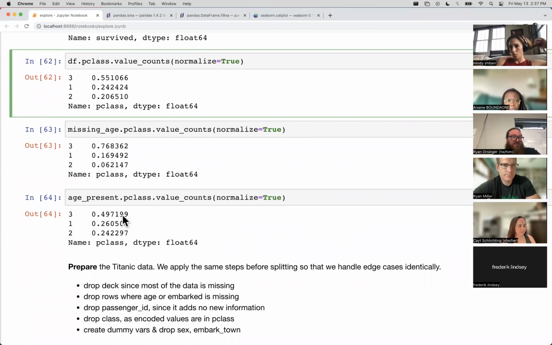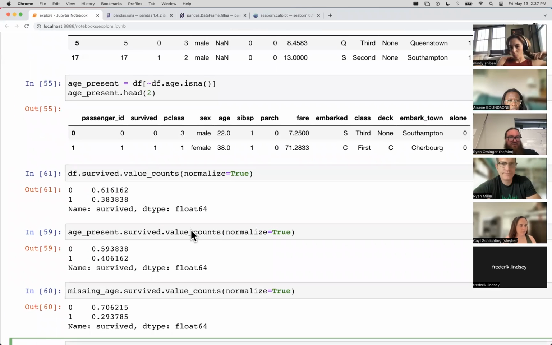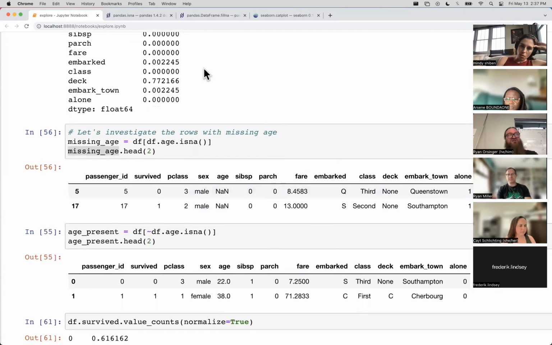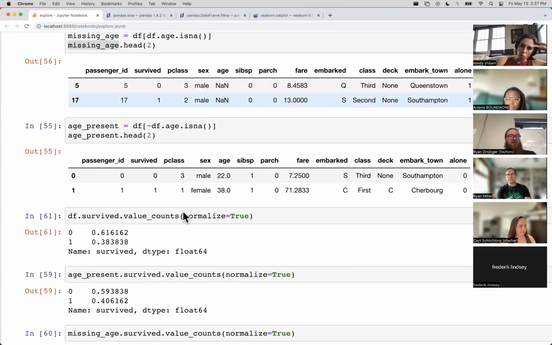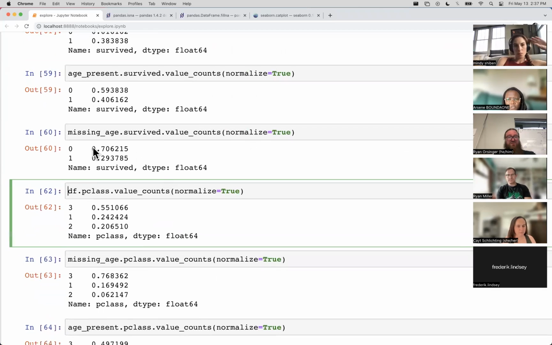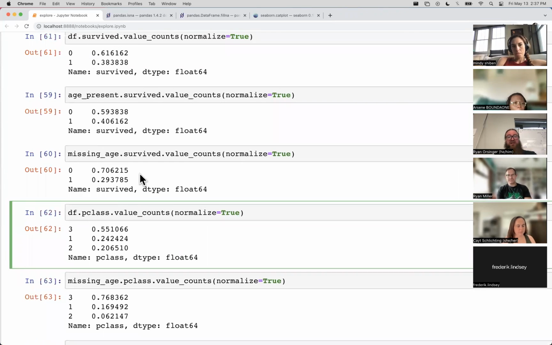Cool. So in this case, we could keep diving and chasing this a little deeper and deeper. A much more sophisticated approach could be to make a predictive algorithm, a regression, since age is continuous, basically. And we can predict age based on every feature. And here, I'm kind of coming to the conclusion that third-class passengers with no age, it seems like nobody cared enough to write down their age. That's my best guess right now.